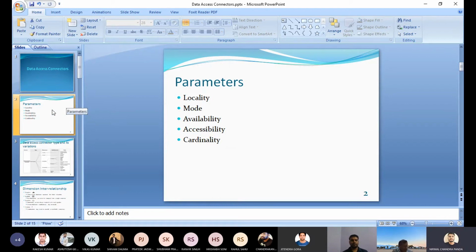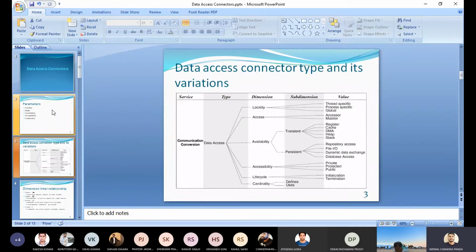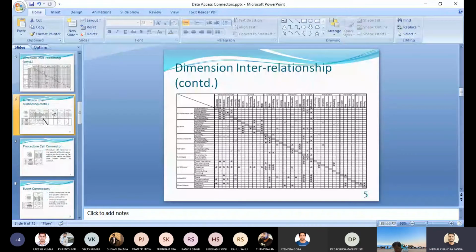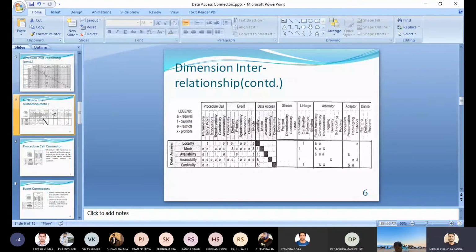Yes, sir. Here we will discuss the dimensions of the data access connector with the dimensions of other connectors. The dimensions of the data access connector are locality, mode, availability, accessibility, and cardinality. It can be seen in this diagram here. The dimension interrelationship, as already told by Rishabh, I have also discussed in the same way, so I am skipping it. That is the overall diagram, and it is the individual diagram for the data access connector.